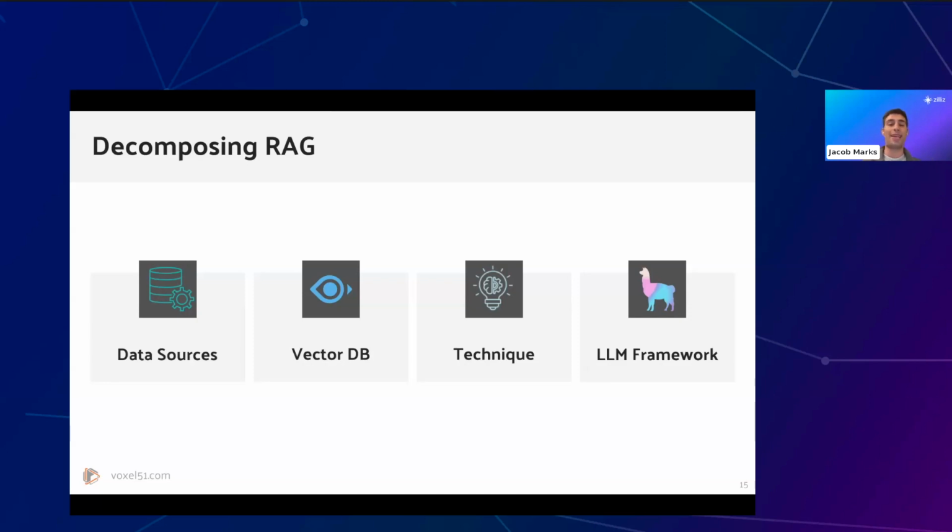The third thing is the technique, which we're not going to talk too much about today. That's, are you applying an advanced technique to your retrieval augmented generation? Are you turning your question into a bunch of questions and applying those? Are you using re-ranking? Are you generating hypothetical documents, and then embedding those and using those in order to look up relevant things? There's a lot that you can do here. There's a ton of research going on in this space. We're not going to go too deep into that.